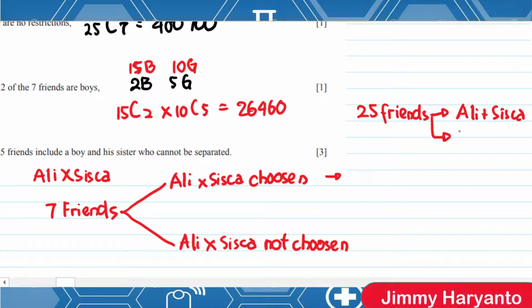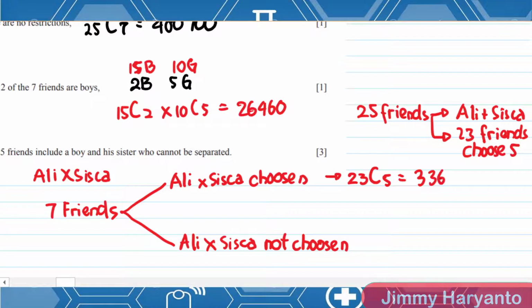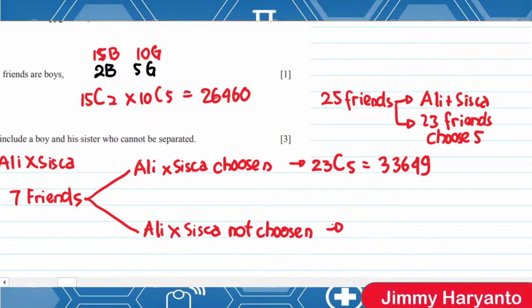Jadi kamu tinggal 23. Dari 23 friends ini mau di-choose, you have to choose 5. Tinggal 5. Ya, karena Siska sama Alinya udah masuk, berarti tinggal 5 teman lagi. So, 23 choose 5 equals 33649. And for this one, nggak choose, itu berarti tinggal 23 orang juga, karena Ali sama Siskanya nggak, udah dibuang